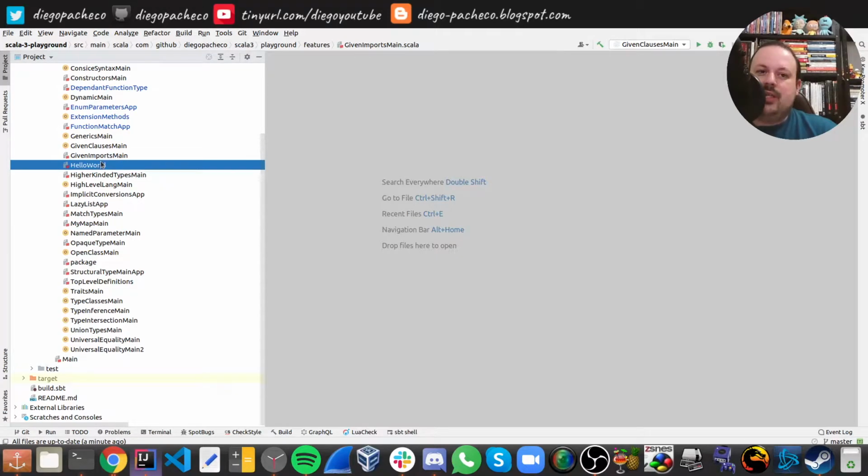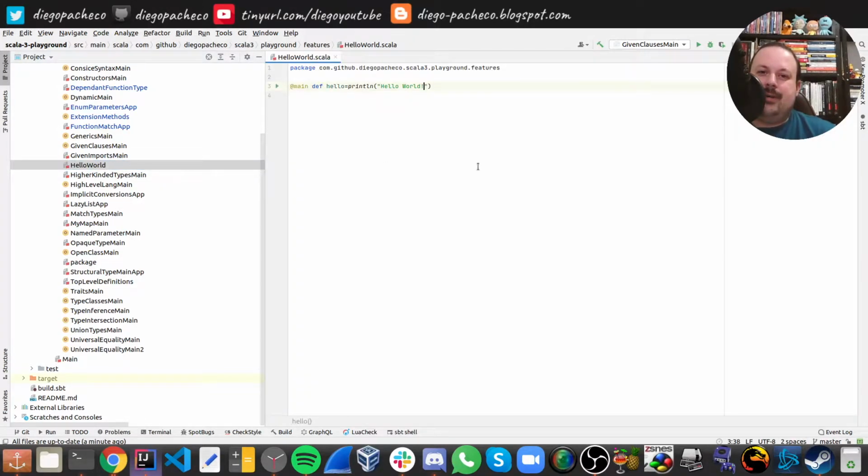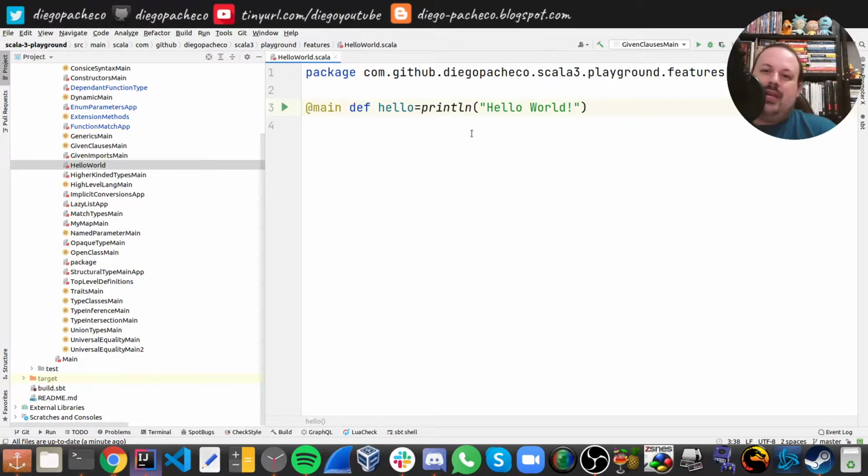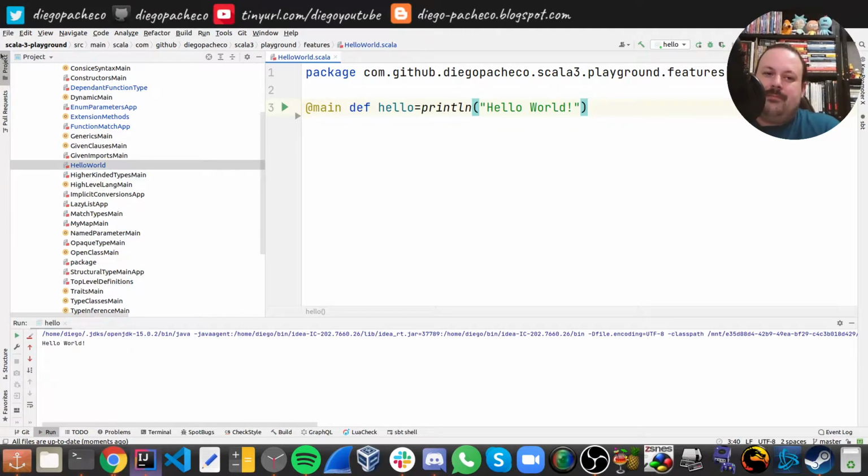So going forward, here we have a hello world, just showing that we can do that in one line now. We can do @main, and then def hello, and then equals. You see here I am omitting stuff like this, which could be this way, a sort of long syntax, all right? But this is not necessary. We can just shorten it this way, and you have the smallest hello world possible in Scala 3. Okay,